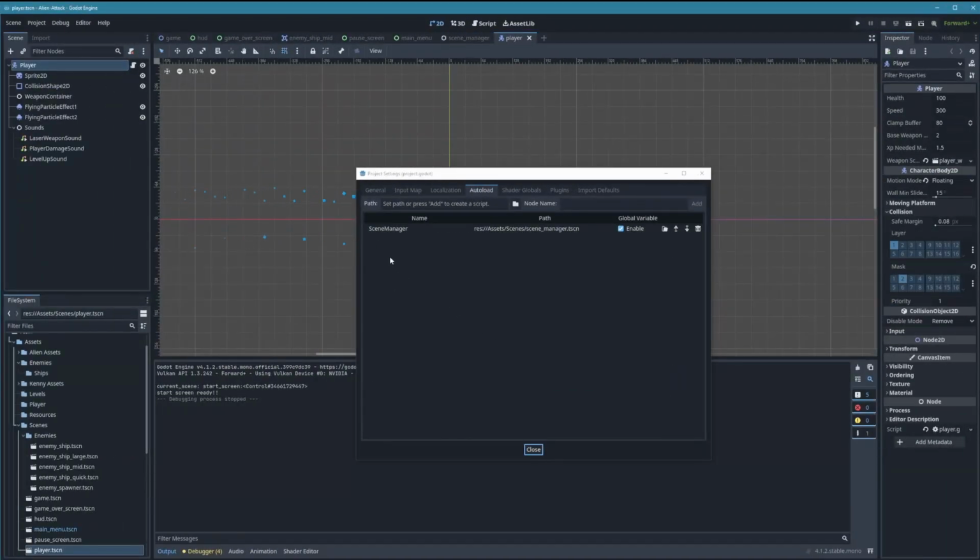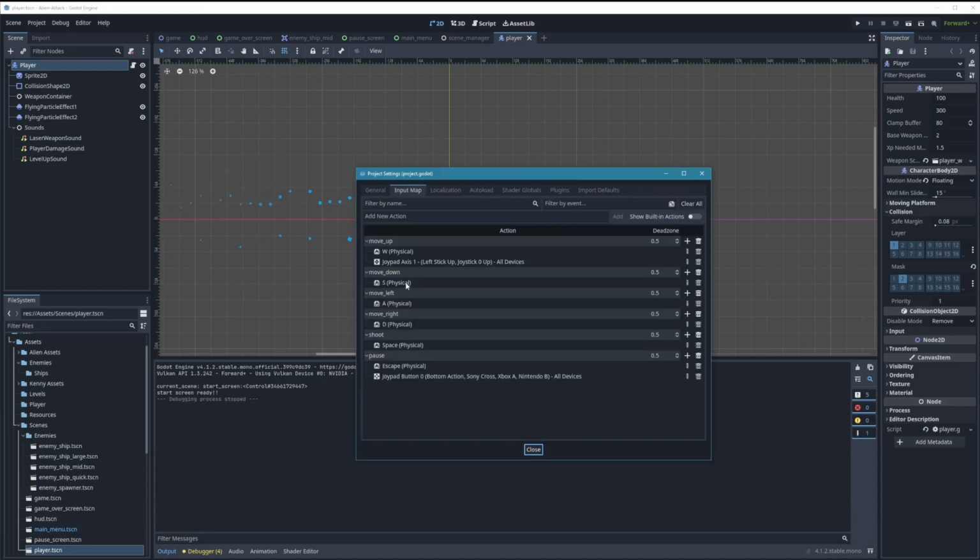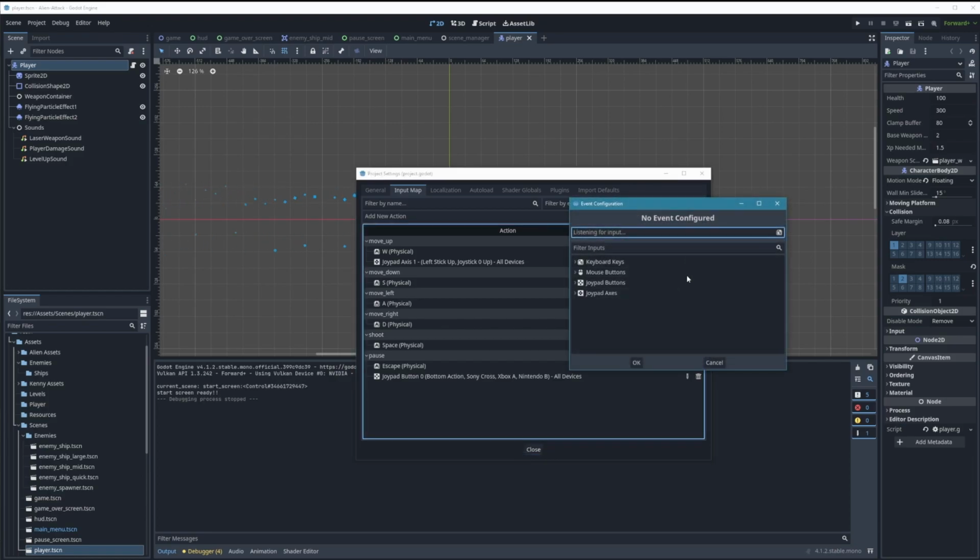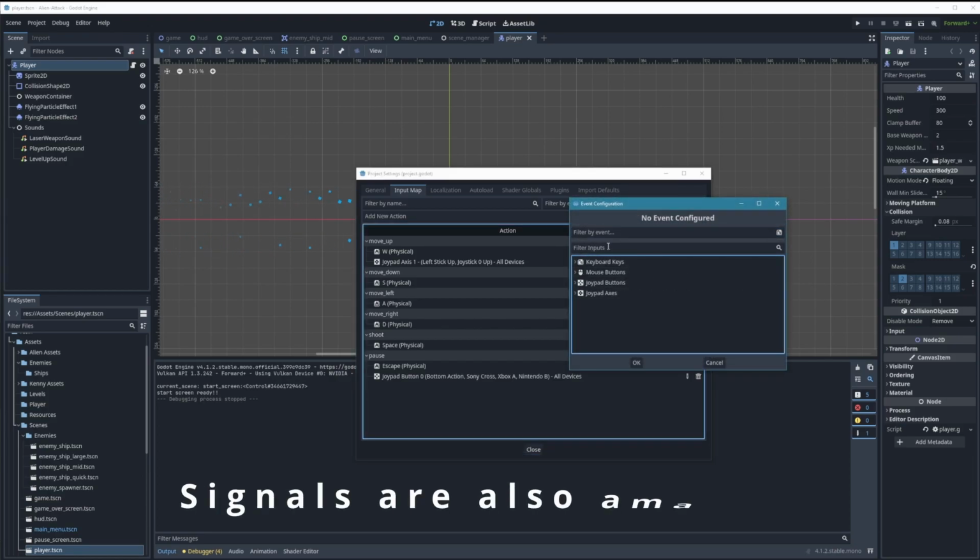I haven't used them too much, but it seems like a really quick and streamlined singleton that you can use in Godot. Very cool. Another great streamlined thing in Godot is the input system. I thought it was really easy to use. Super easy to set up keyboard and mouse and controller support in a few seconds. And honestly, I could go on.